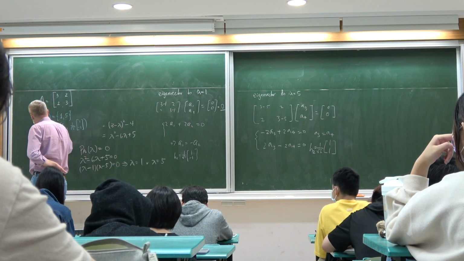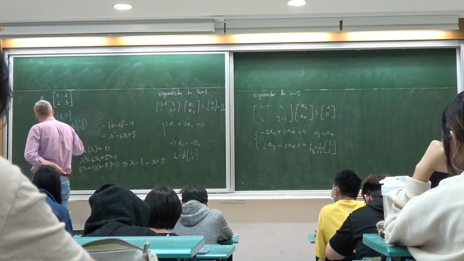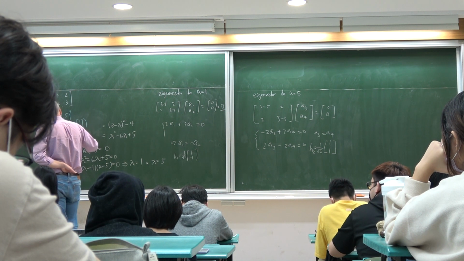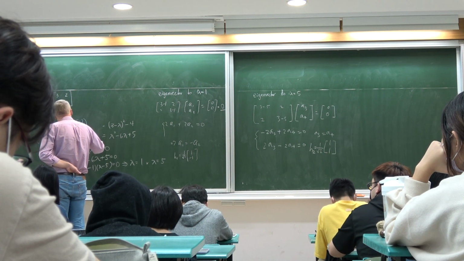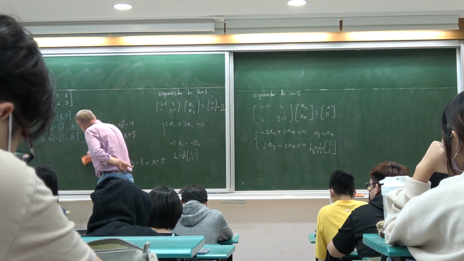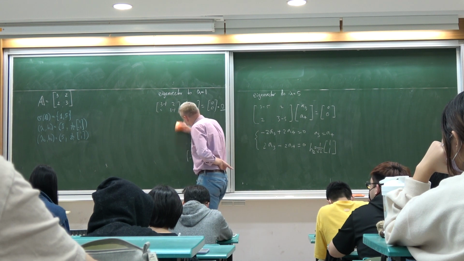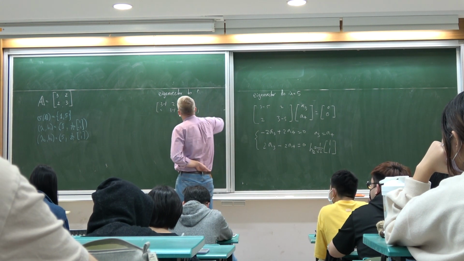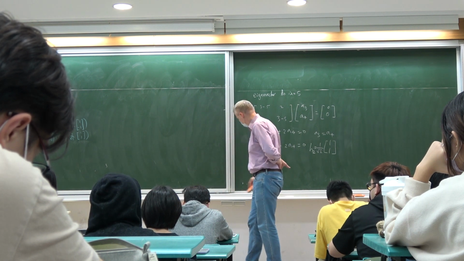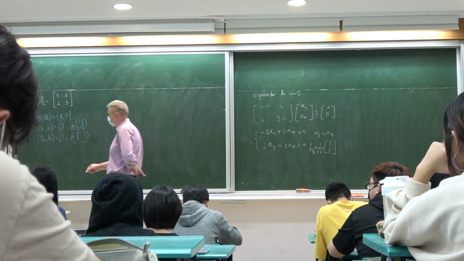And the second eigenpair is 5, 1 over square root 2, (1, 1). So next thing,